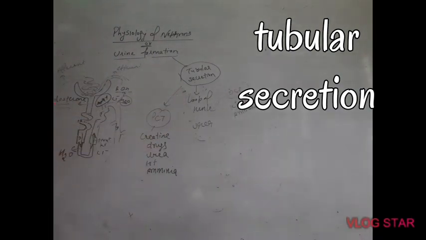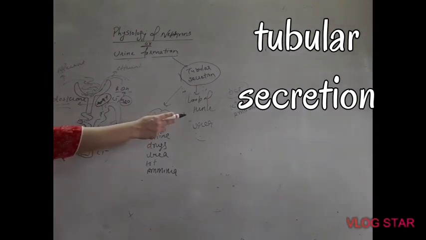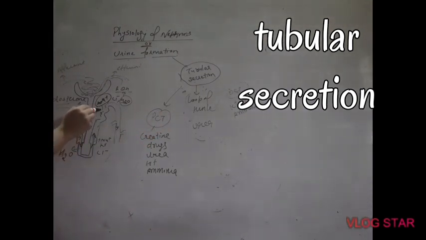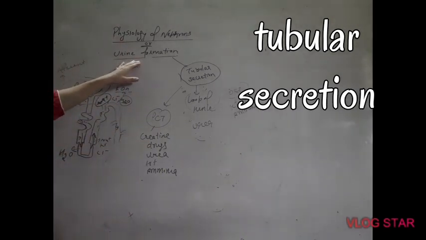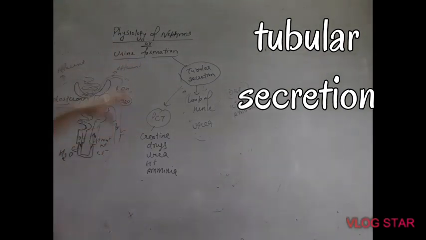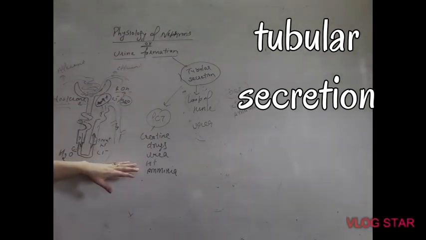So various substances are secreted. In the PCT, creatinine and drugs, urea, hydrogen ions and ammonia are secreted into the glomerular filtrate, and through it are excreted out from the body as a part of urine. Inside the loop of Henle, urea is secreted, and from the DCT, potassium, hydrogen ions and ammonia, similarly from the collecting duct also. Then after these three processes are completed, it forms a hypertonic urine. So this was all about the physiology of the nephron and the process of urine formation. Along with this full process, we have studied the detailed process of urine formation.